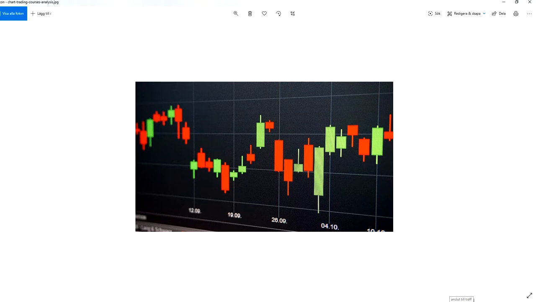Candlestick is a way for traders, but not only traders, also investors. So basically, everyone needs to understand how to read a chart. And this will help both investors who are investing in a stock for many years and also help traders who are trading based on charts. So Japanese candlesticks can help everyone understand the trend of